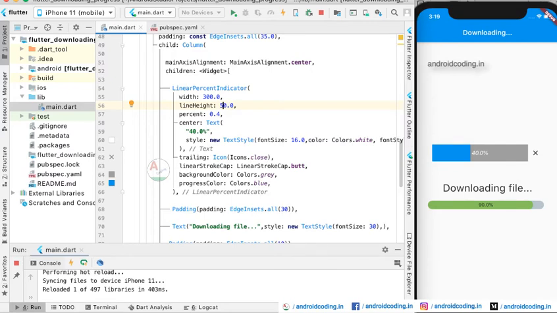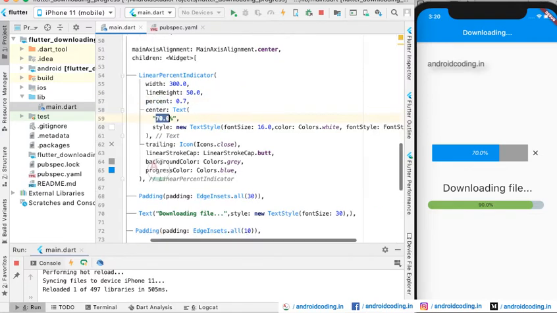Here we have specified 50, and the percentage indicator, let us make it 70. So we also need to change the text. Whenever, in real time, you are trying these indicators, try to append the values to the percent parameter as well as the text parameter.